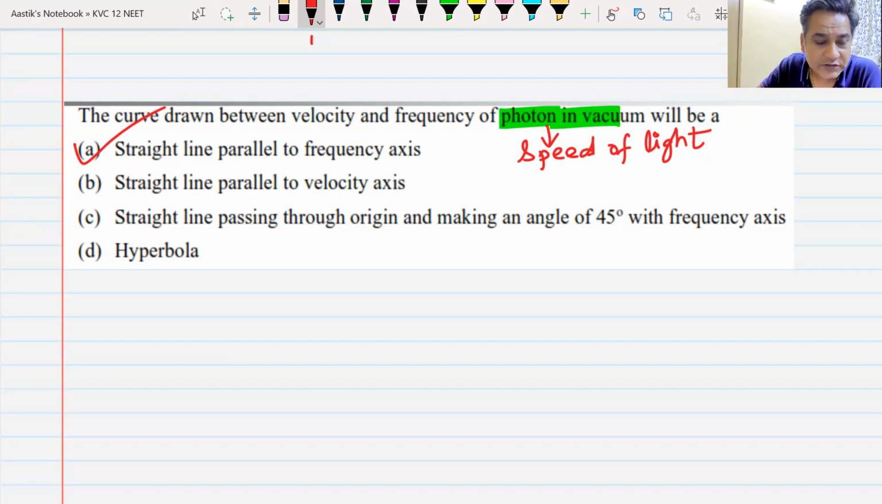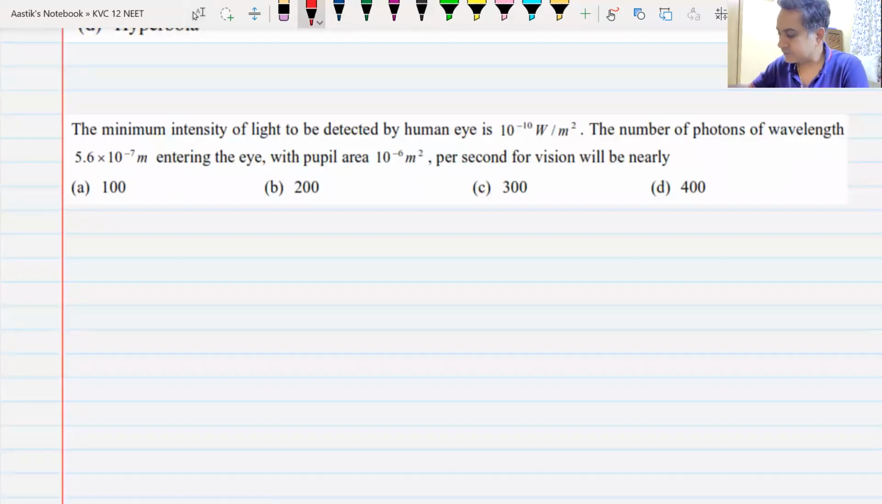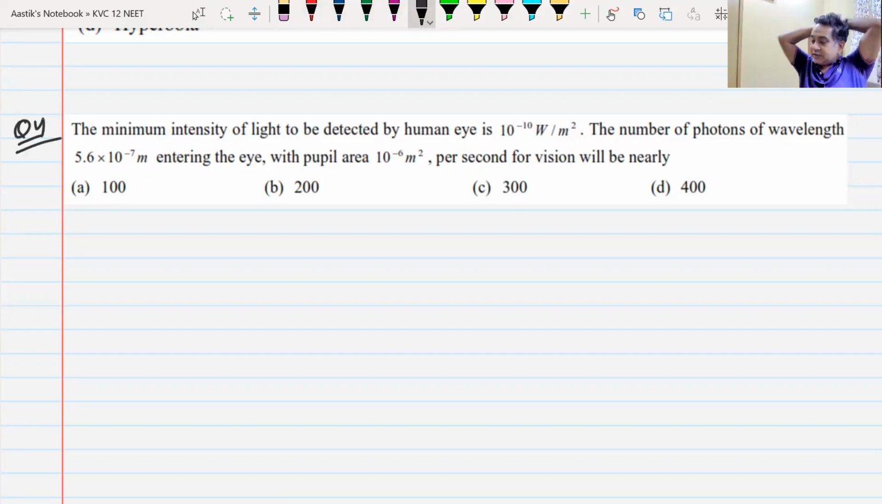Photon and everything we have understood. There is one question that I see here once more. This question is related, so it can probably also come. So we can solve this one as well. This is the question. The minimum intensity of light to be detected by the human eye is 10 raised to the power minus 10 watt per meter square. The number of photons of wavelength 5.6 into 10 raised to the power minus 7 meters entering the eye with pupil area 10 raised to the power minus 6 meters square per second for vision would be nearly,